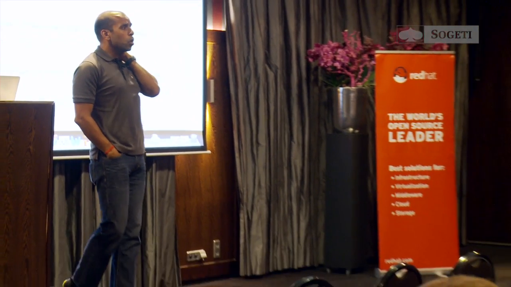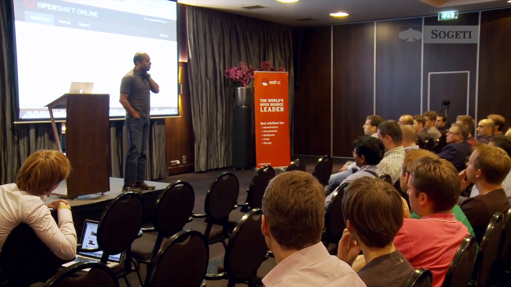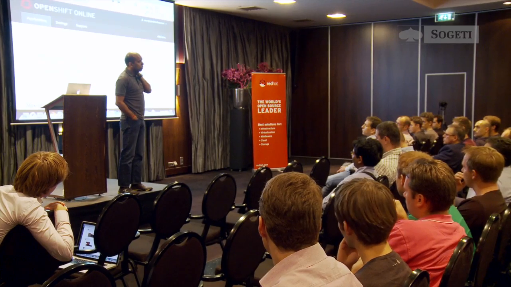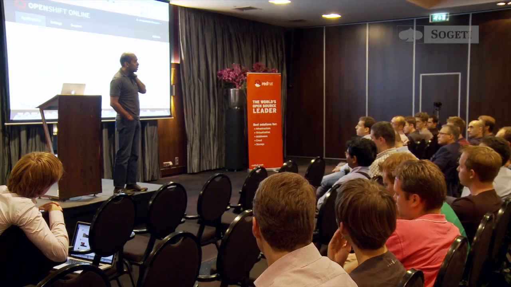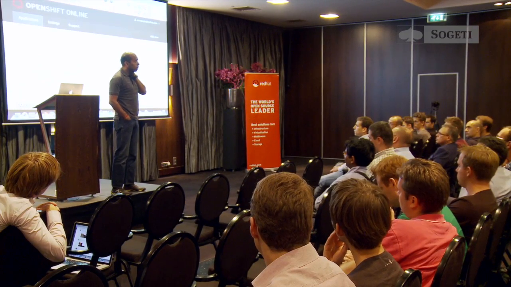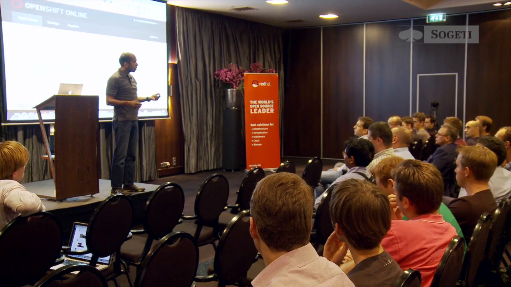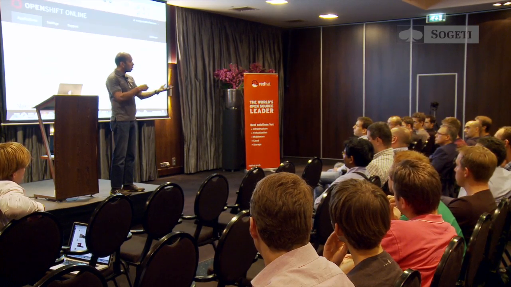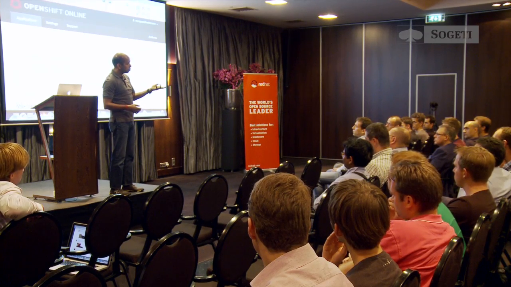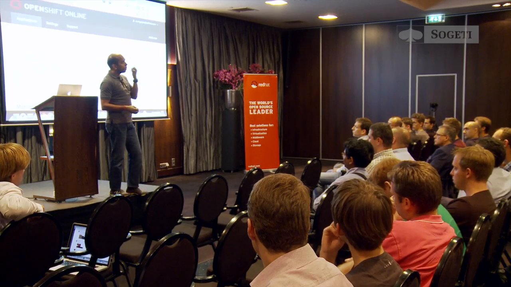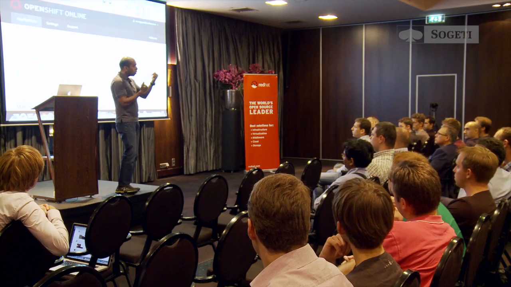SOAP has a place in the sense that's the reason it's called the Death Star. It's WS-star rather. It has a bunch of WS-star specifications. For example, in order to do a brokered relationship, in REST it is very tricky. You have to build something on your own because you have to build that protocol on top of it. In SOAP, there is something called WS-Trust, which exactly defines how a brokered relationship would be established between multiple parties. So that's one reason you might want to use SOAP. You can also do WS-ReliableMessaging, for example, if you want to do reliable messaging over the wire using SOAP.